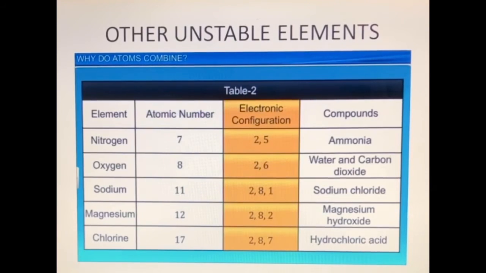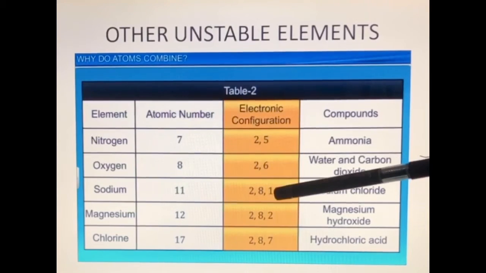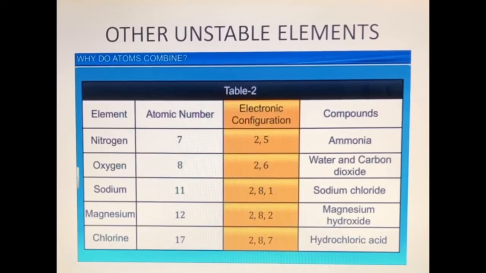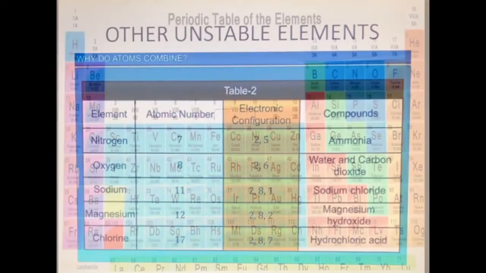Atoms of elements other than noble gases have unstable electronic configuration. Their outermost shell is incomplete. They can lose or gain or share electrons and are chemically reactive. Due to the unstable, incomplete outer shell, they have the tendency to lose or gain or share electrons in chemical reactions. So they show chemical reactivity.